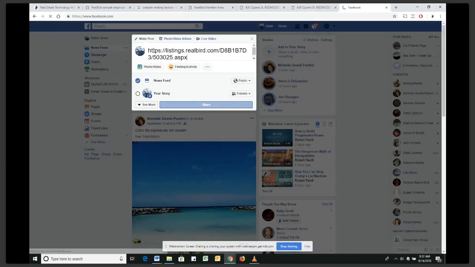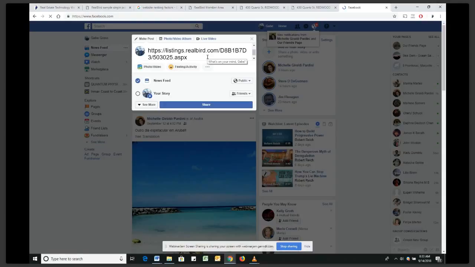And when you put this in, of course, you should also type in a little bit of text about it. What this will do is pull in the first picture of the listing,